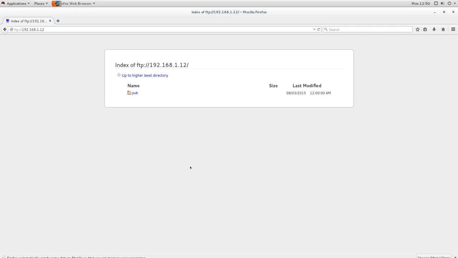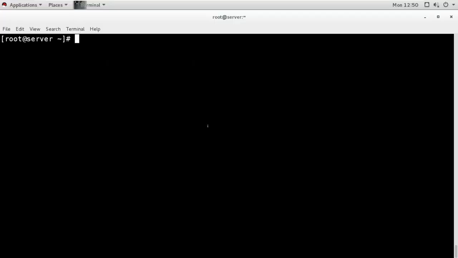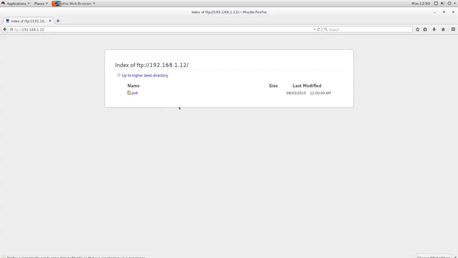Now, what does the pub directory mean? This pub directory was under the main default directory. If you see, it has created var, and under var it has created FTP, and under FTP it has created this pub directory. So when I am accessing it from the browser, I am seeing this pub directory. That means I am under this FTP directory, and here I can see this pub directory.